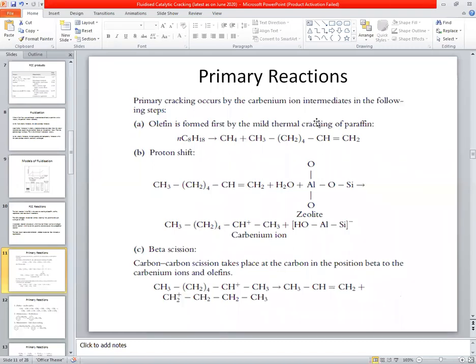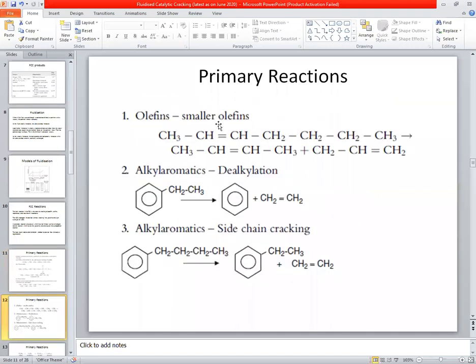So it produces olefin. This is olefin, because here you see the double bond. So from higher paraffin, or paraffinic hydrocarbon, we produce olefin. This is called primary cracking. In primary cracking also, see this primary